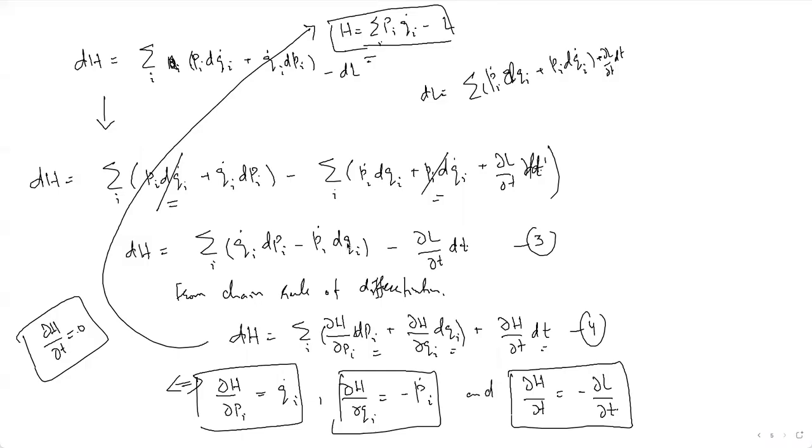So in a conservative system, that means it will not change. This is what it predicts, dh by dt will be equal to 0. That is, H has a constant value. When the Hamiltonian of the system remains the same throughout the system, we say that the system is called a conservative system, and that constant value is equal to the total energy of the system.